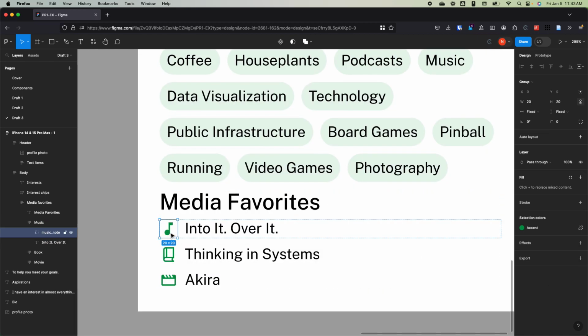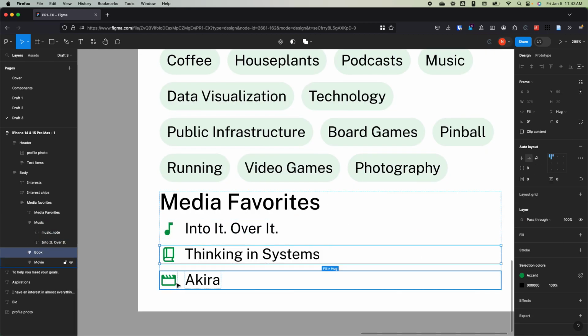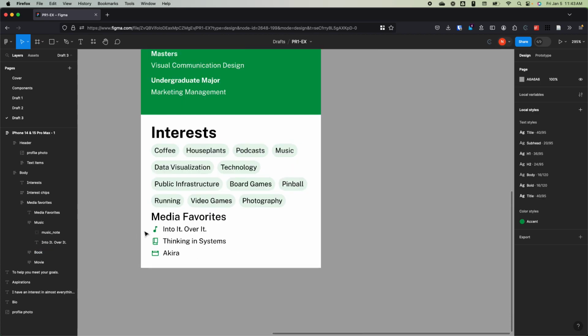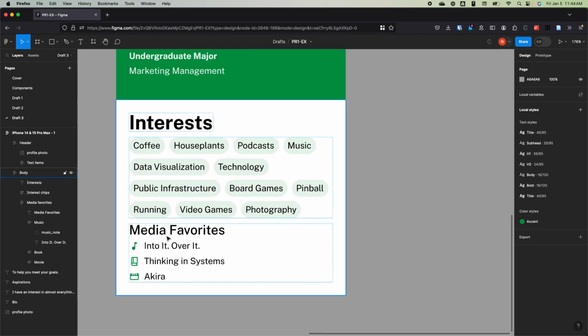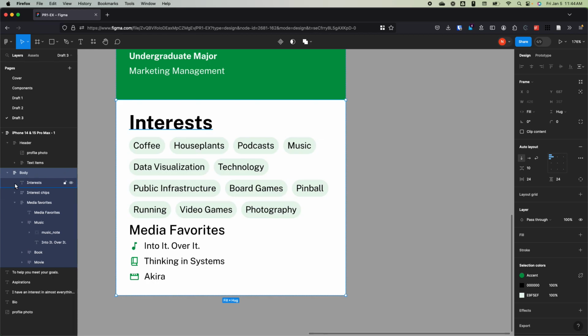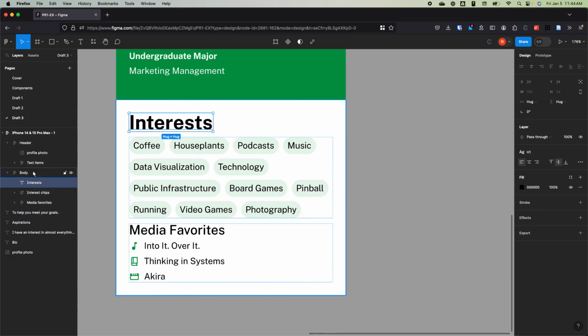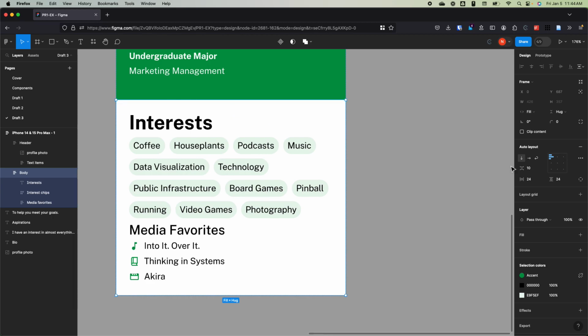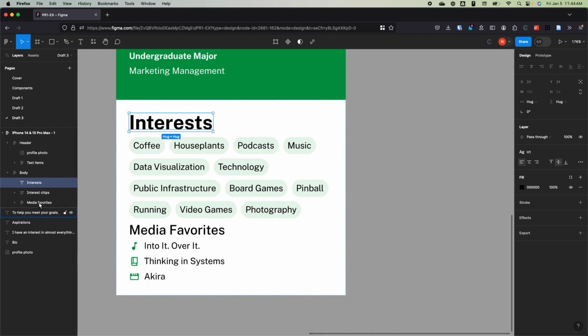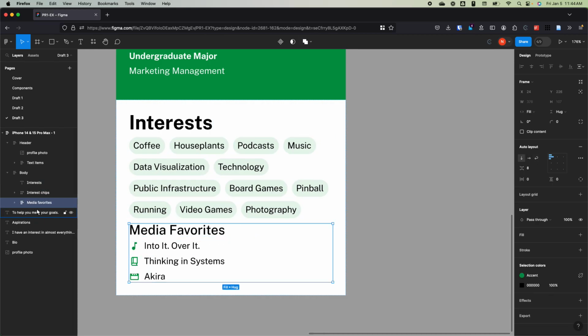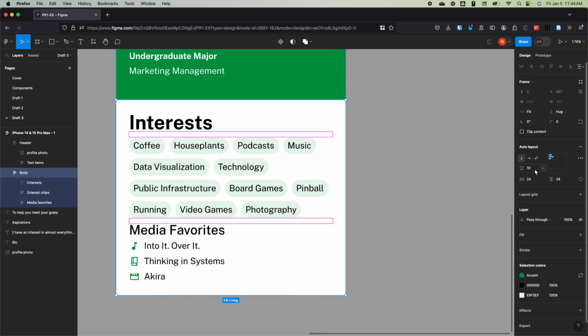That's not 8 because these have a bounding box, but for the sake of consistency, I'm doing that. Okay, so now if I minimize everything in here, you'll see within our body frame we have vertical auto layout, and we have this interest title stacked on top of the chips, stacked on top of our media favorites. And these are currently spaced apart by 10 pixels, but let's move that to